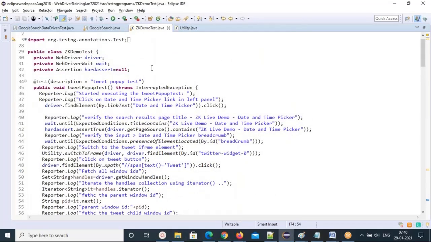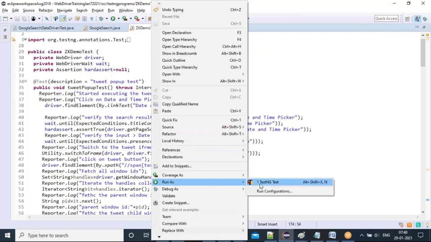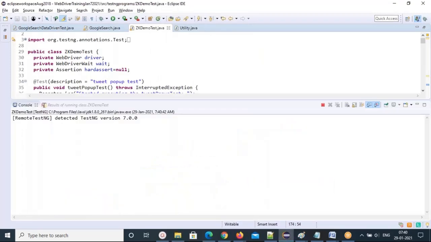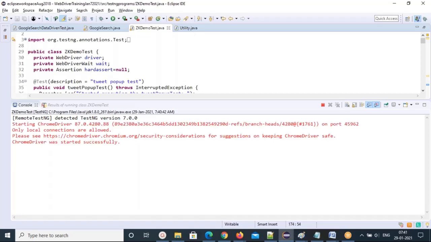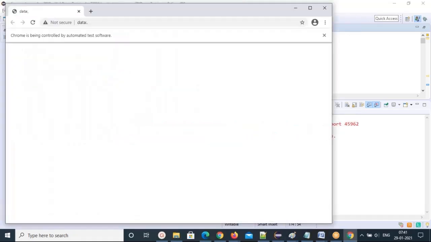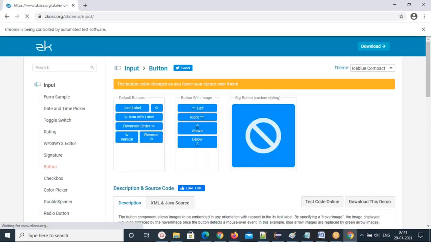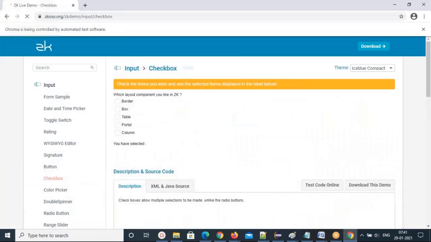So I click and run as TestNG test. It's a class with multiple @Test methods, and we are running without any priority keyword. Just a description keyword I have added with @Test. Whatever description you have given will show in the report. The first one executed is button test. Then the second one, tick box test, is running. It is looking for the invisibility of element located.